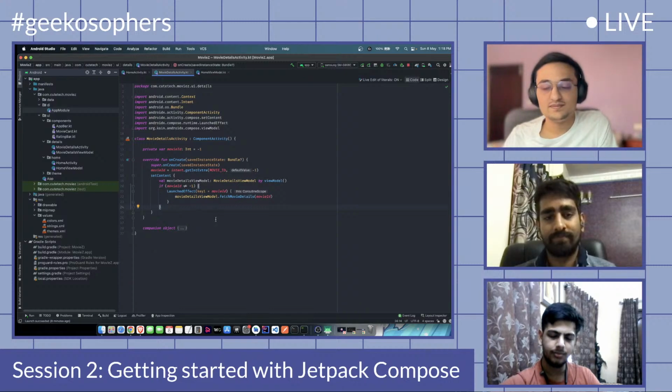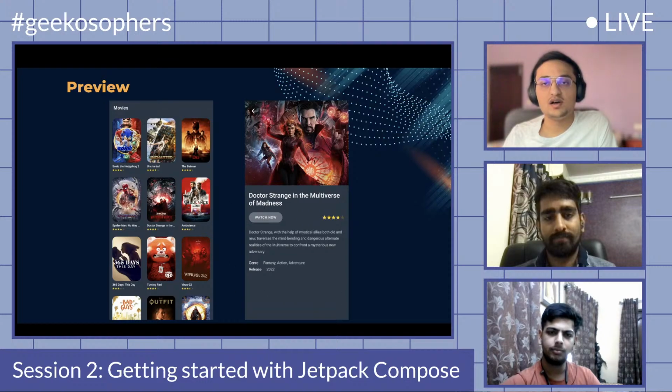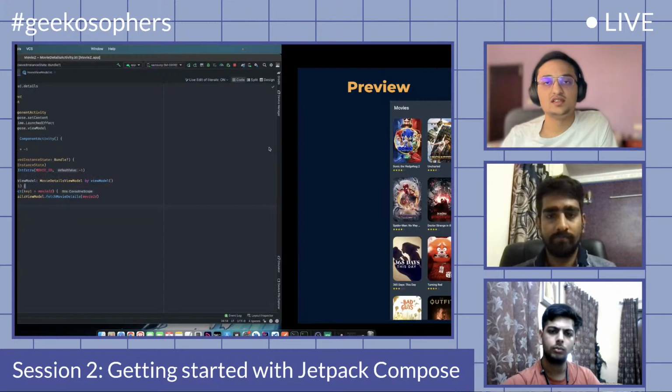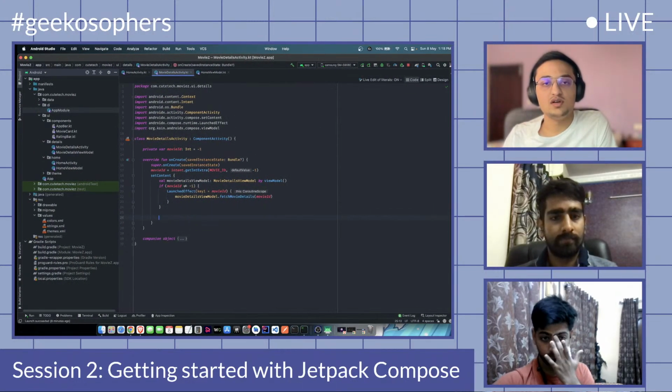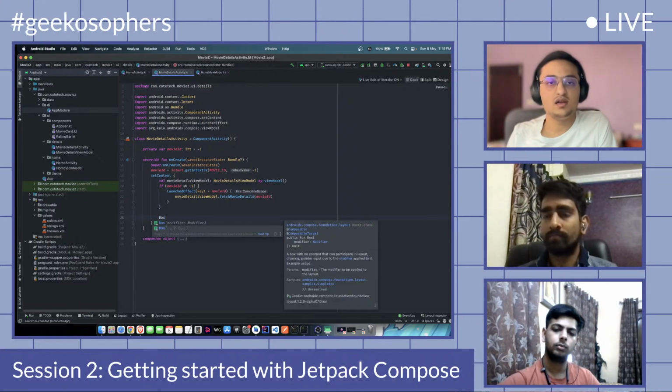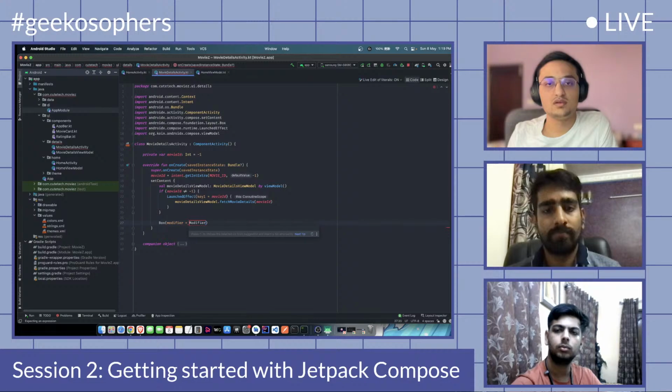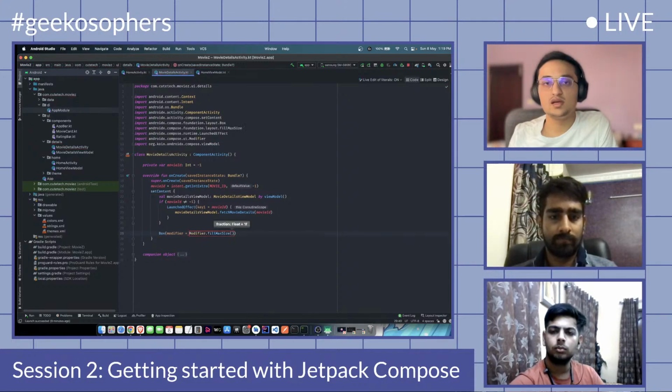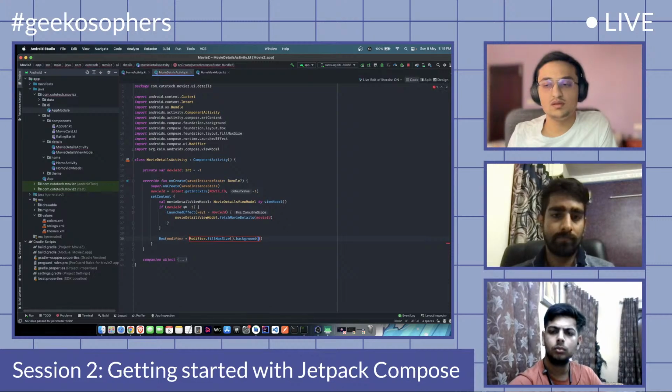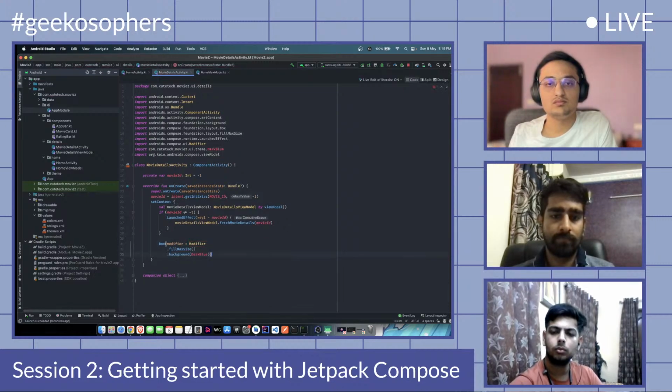To break down this layout, we can break it down into two parts. One would be the column which would contain all this, and one would be this icon for back as an overlay. To implement it, I'll use a box that fills max size, and the background would be dark blue. Inside it,